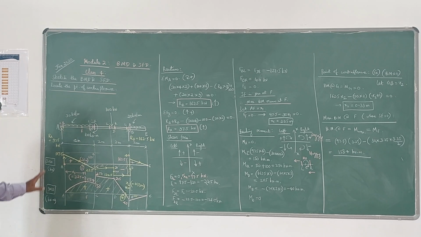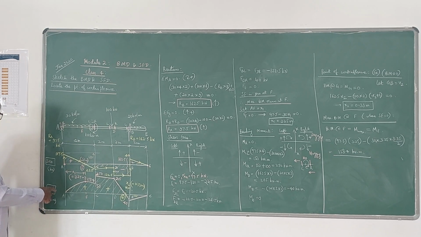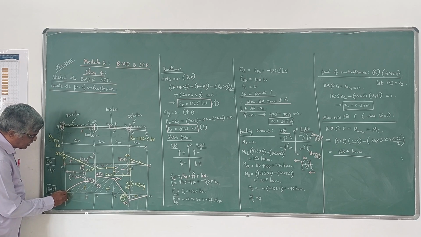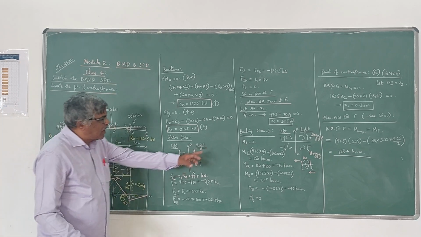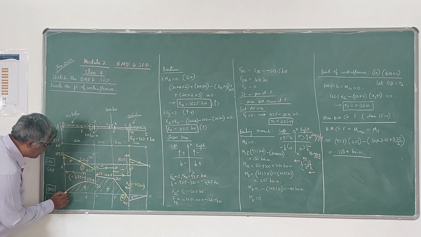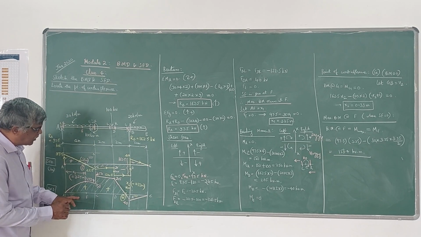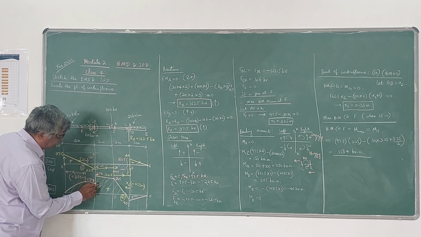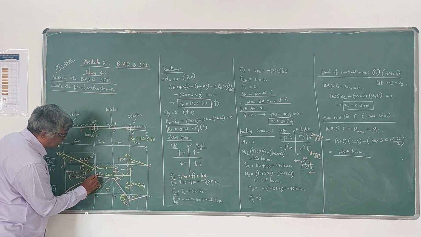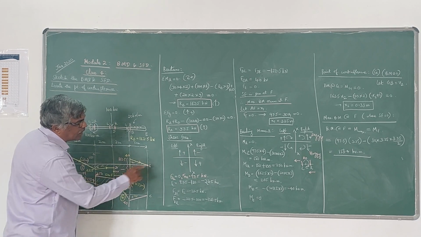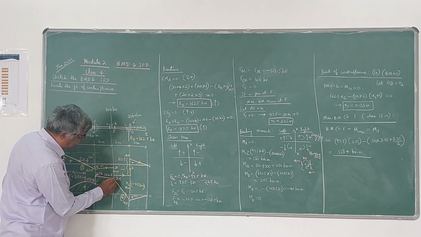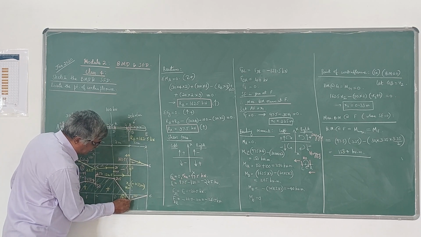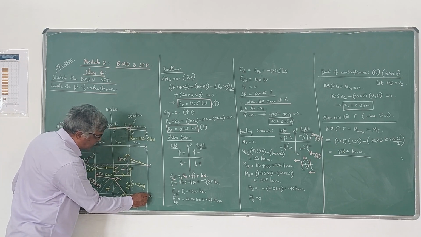So those values you can plot in a diagram to give the bending moment diagram, BMD, in kilonewton meter. So let us plot the values. The bending moment at A is 0, first value is 0, second value you are going to get MCL 150, then third value MCR 250, then next value MD 205, then MB minus 40, so below the line minus 40, then ME is 0.